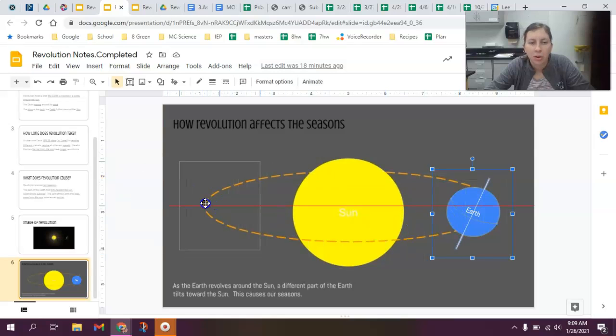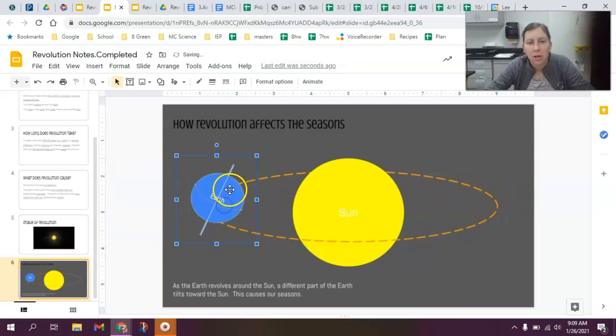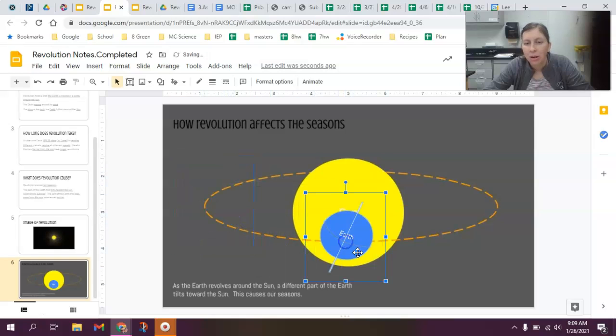But you can move around your Earth so that it's on different parts of the path. You can see here this top part of the Earth is facing toward the sun. So that means this part of the Earth would be experiencing summer, and this part of the Earth would be experiencing winter. If we move our Earth right here,